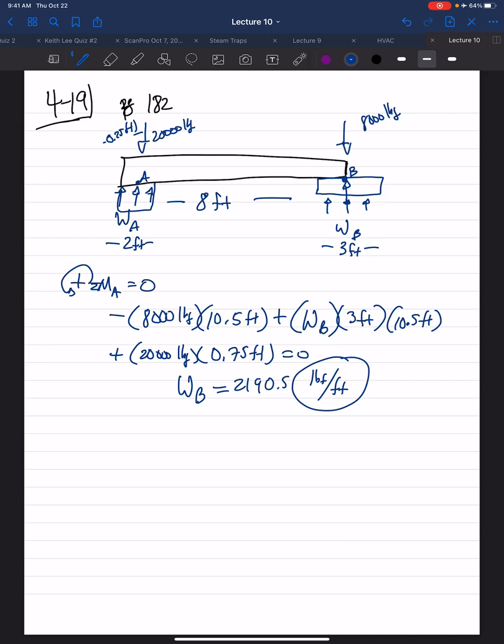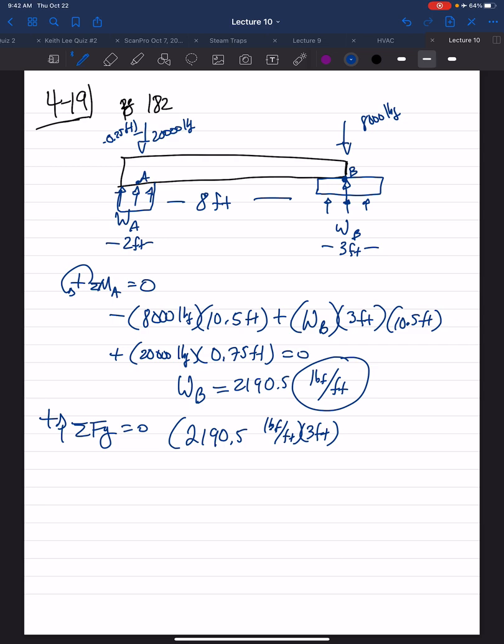So then for the distributed loading at point A, the last unknown, sum of the forces in the y direction. The loading at B, the resultant force in the y direction is the area, right? So it's the 21 point, this is pound force per feet, times the width, 3 feet. That gives us the resultant force of the loading at B,